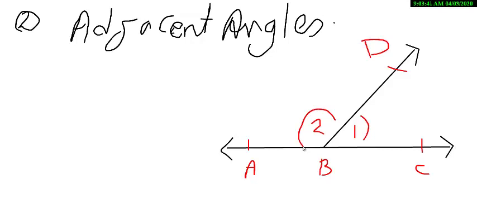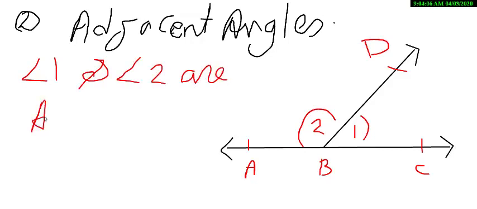So I have two angles here, CBD and ABD, which are angle 1 and angle 2. Both of them are adjacent to each other. Why? Because they have the condition for being adjacent, which is a common vertex, which is B, and a common side, which is BD. So I can say that angle 1 and angle 2 are adjacent